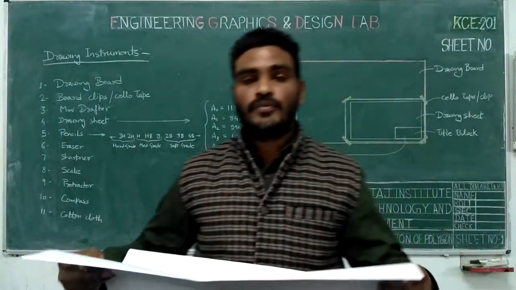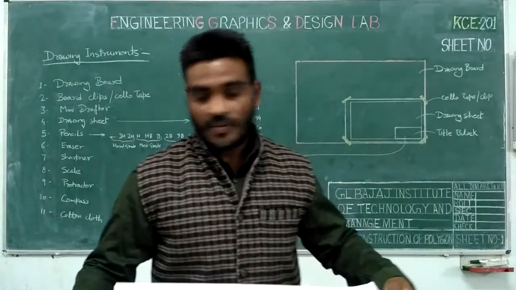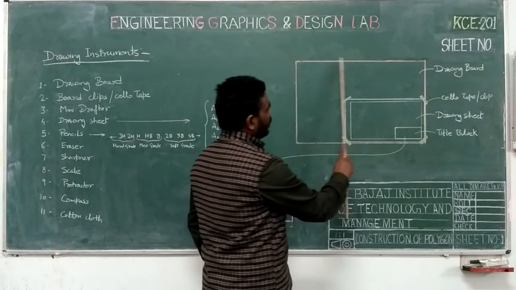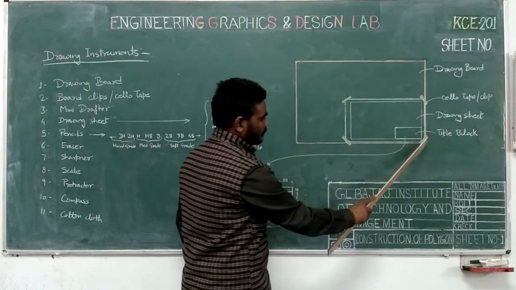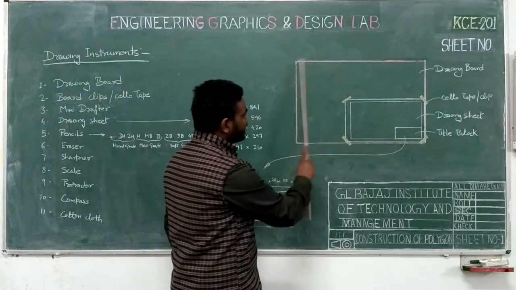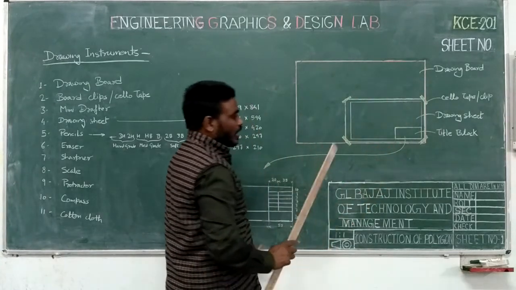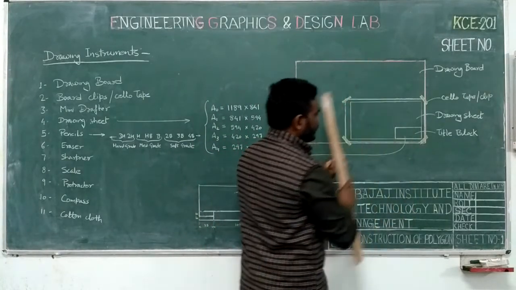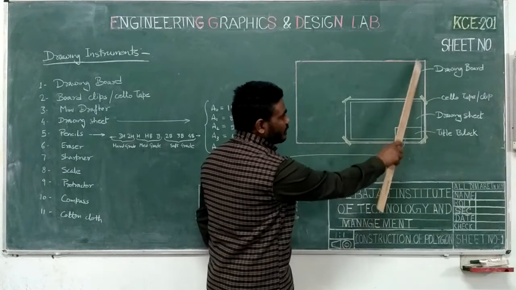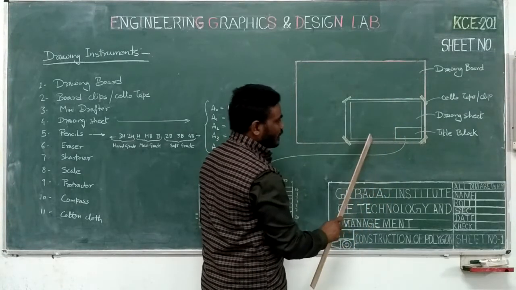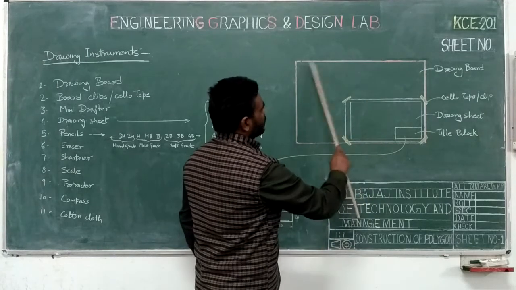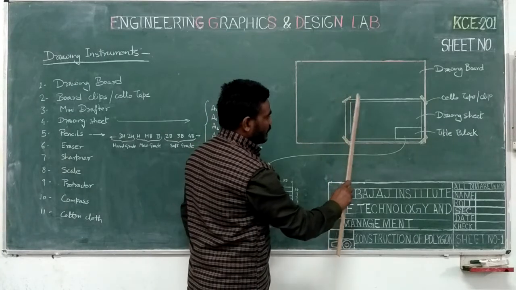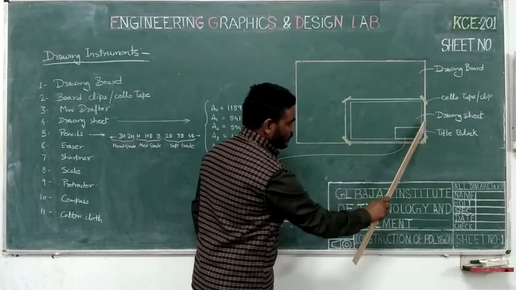So first of all, we have to take an A2 size sheet. For example, this is the drawing board. On this drawing board or drawing table, we will place our A2 size drawing sheet at the right bottom corner of the table. This is the drawing table, and this is our A2 size sheet, which is placed here,